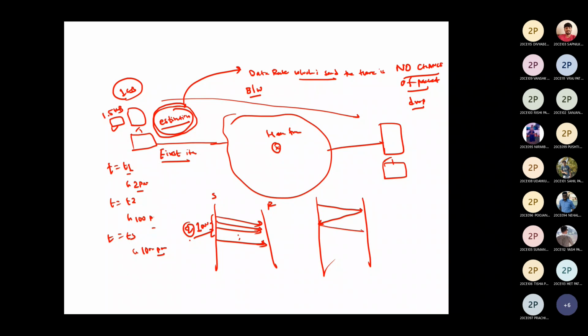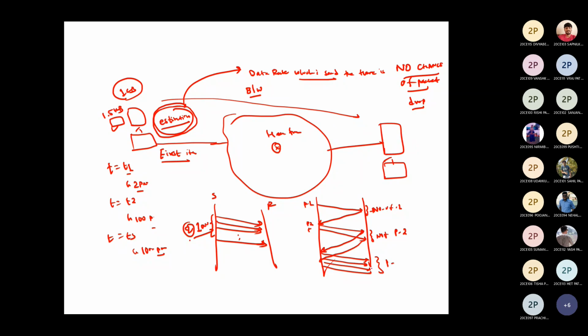If you receive acknowledgement, increase your sending of packets. This is packet 1, this is packet 2 and packet 3. If you receive acknowledgement, send 2 packets, and if you receive acknowledgement over here, send 2 packets. So if you look at this, number of packets is 1. Over here, number of packets are 2. Over here, number of packets are